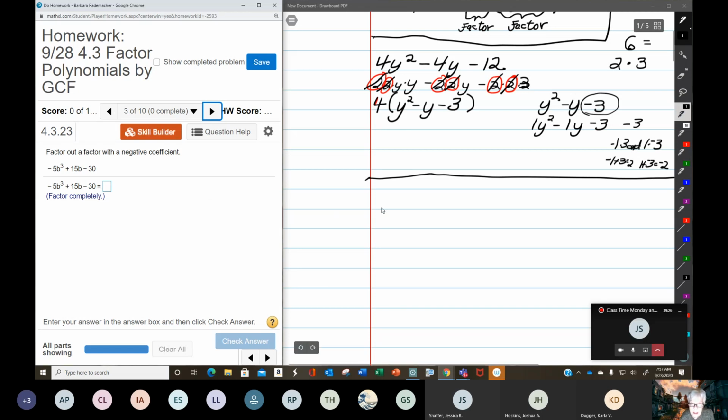Because here it is, written larger, -5b to the third power plus 15b minus 30. Now, those of you who remember how to factor and you're pretty good at it, you would say,